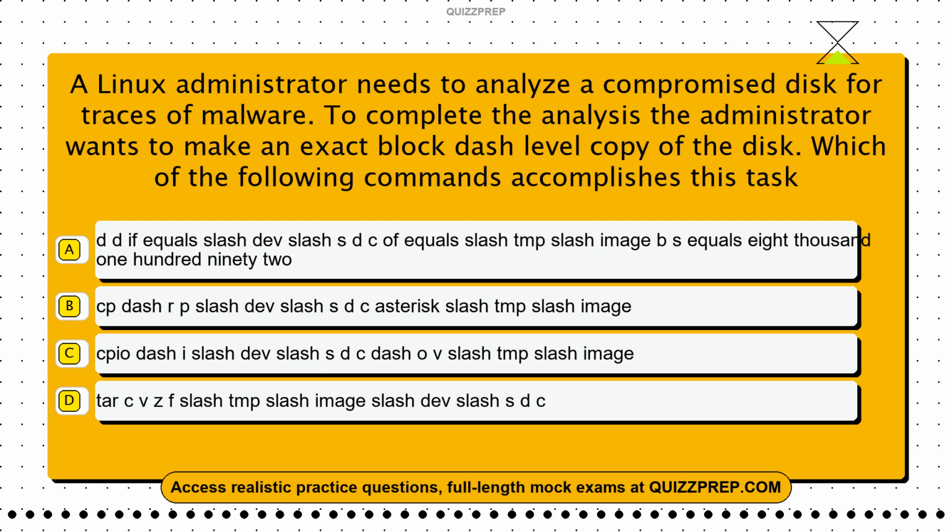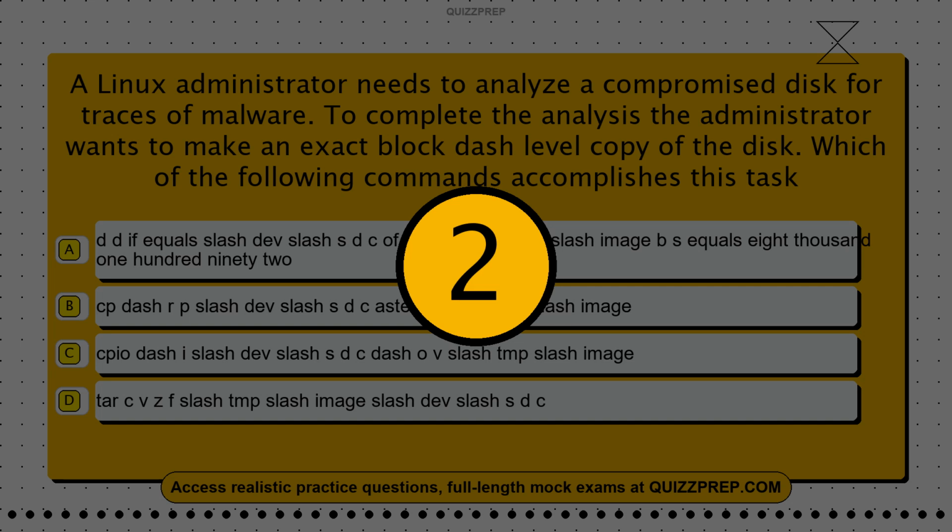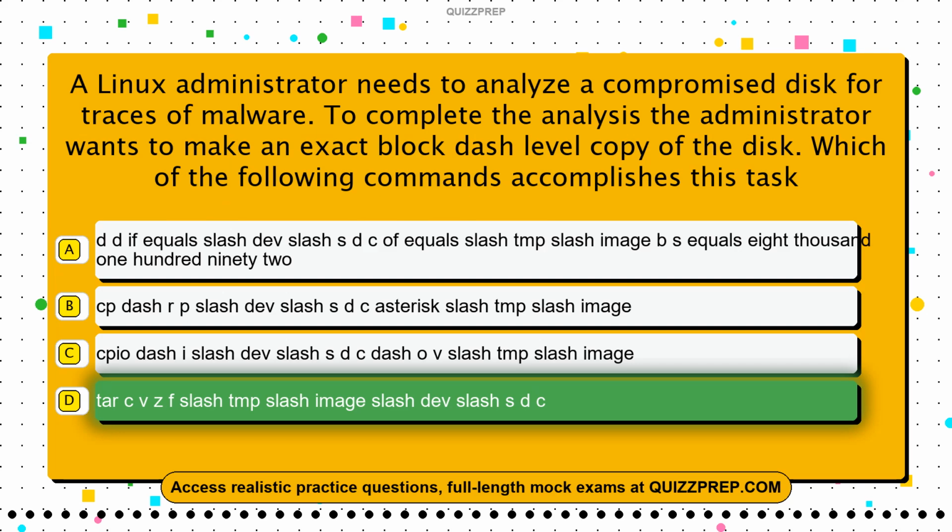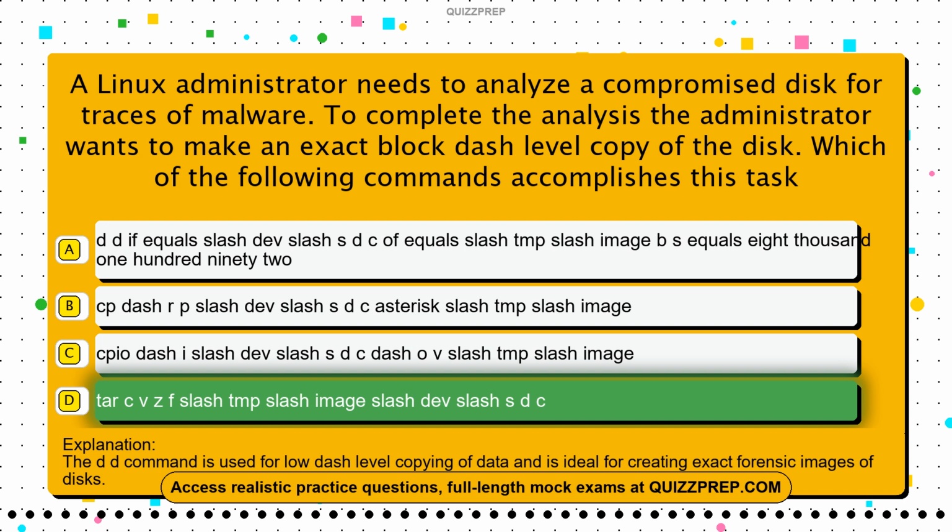Option A, dd if=/dev/sdc of=/tmp/image bs=8192. Option B, cp -rp /dev/sdc /tmp/image. Option C, cpio -i /dev/sdc -ov /tmp/image. Option D, tar -cvzf /tmp/image /dev/sdc. The correct answer is option D, tar -cvzf /tmp/image /dev/sdc. The dd command is used for low-level copying of data and is ideal for creating exact forensic images of